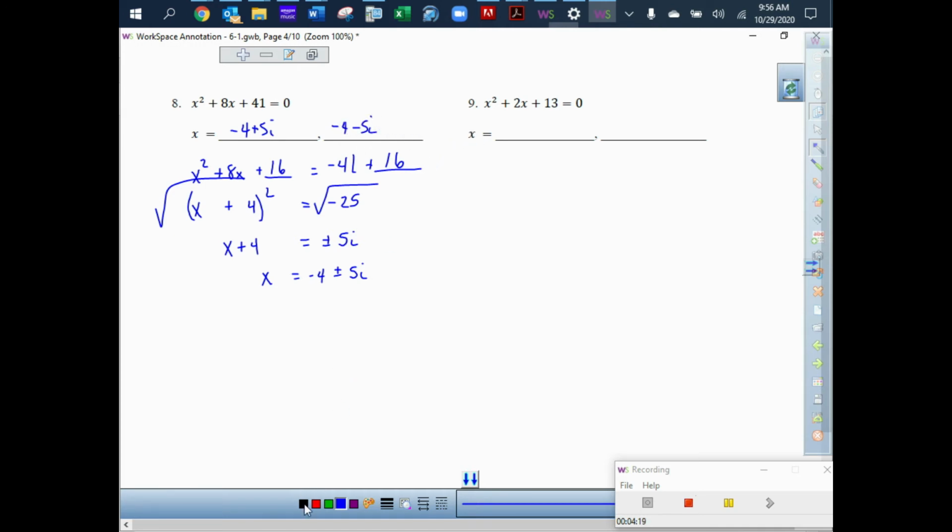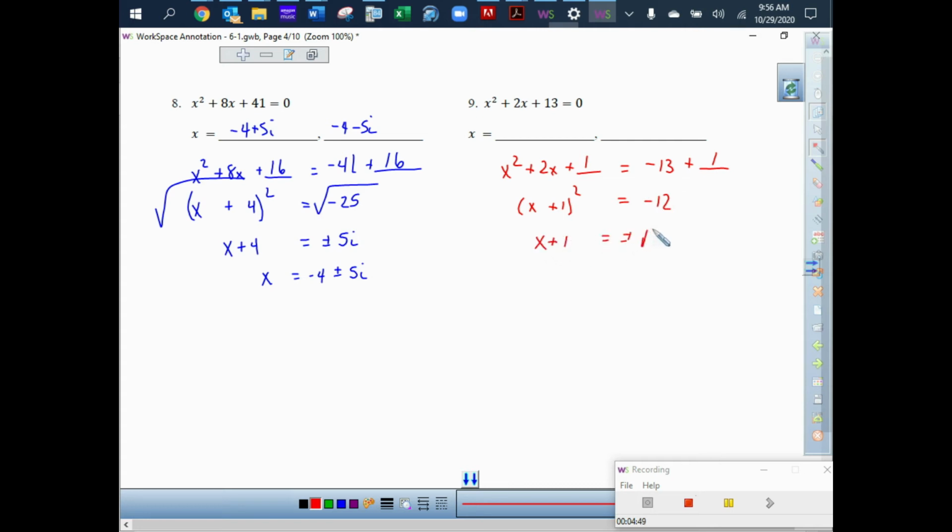So nice. Just one more of these. To set them up to complete the square, we want to get all the x's on the left with a blank and subtract that over with a blank. Half the b value is 1. Squared is still 1. Quantity equals negative 12. Square root both sides,